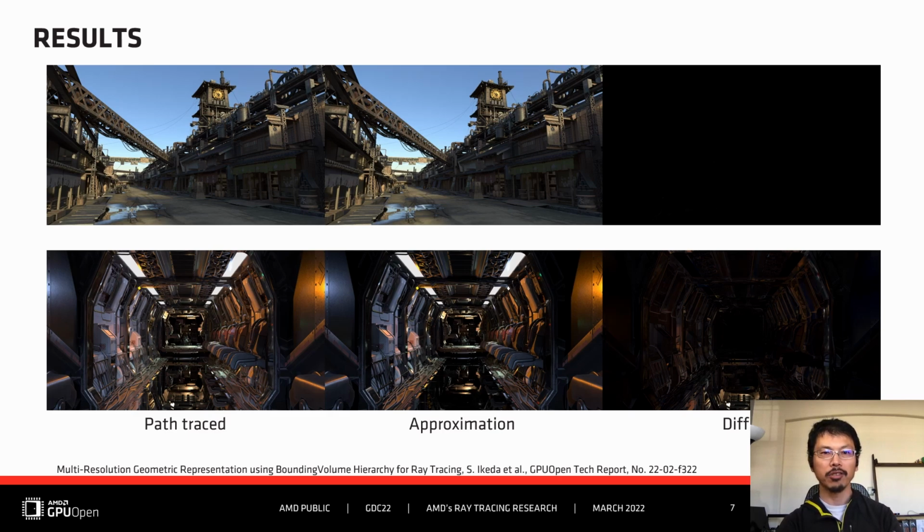And then the computation time for ray casting decreased up to 12% for these test scenes, which is great. There's a bit more detail about the method when it comes to implementation, which you can find in this tech report we published.